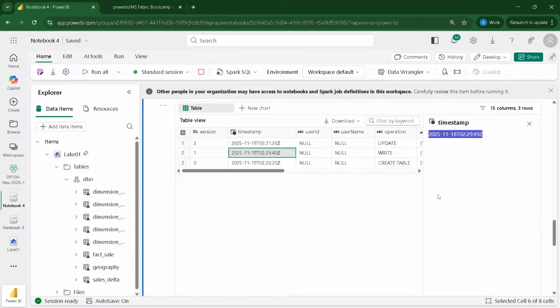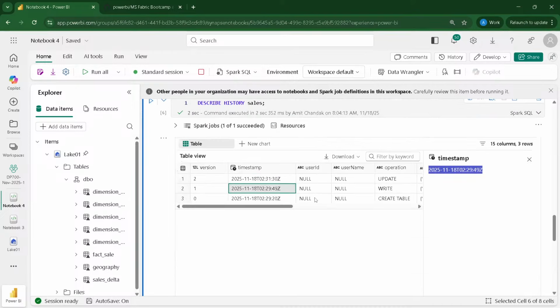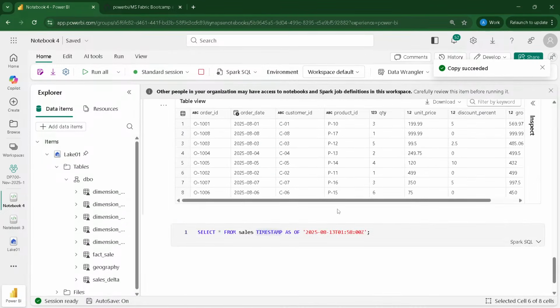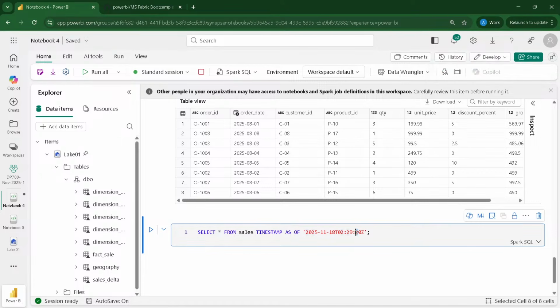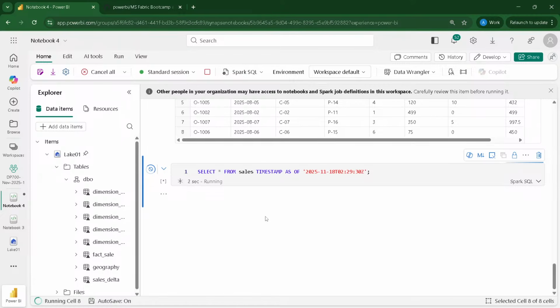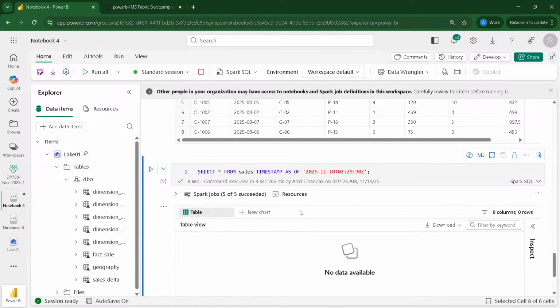The timestamp, or maybe I can get the create timestamp, maybe a second after that. I may get an empty table. Let's change it to 30. I'm expecting it works. I should get an empty table. Why am I getting the empty table? This is the time between my create and insert. There is no data. You cannot time travel into the past with no data.